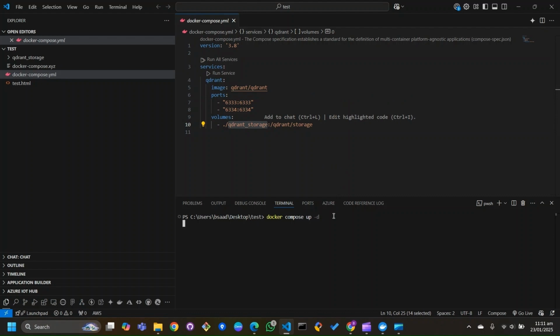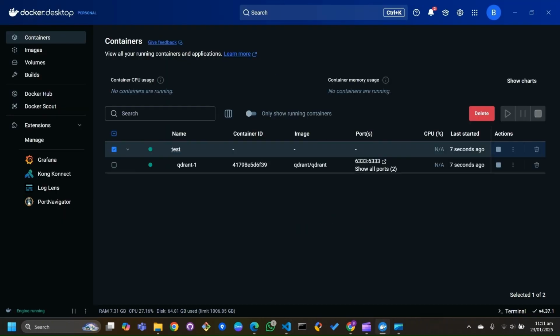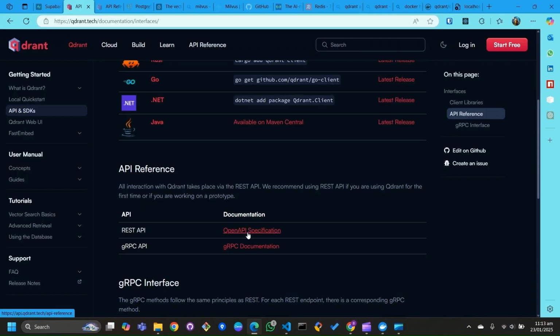I run docker compose up. It will be starting the container, and if I go to Docker Desktop, I can see I have a running container here with the name qdrant-1. And if we go to the documentation here and click open API specification,